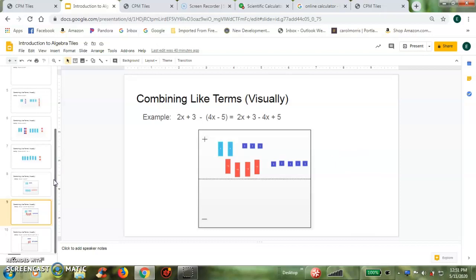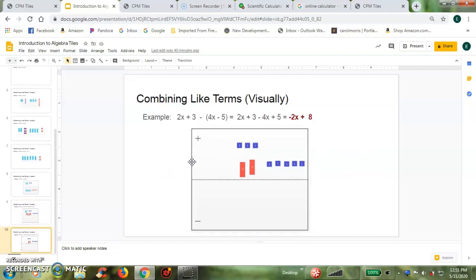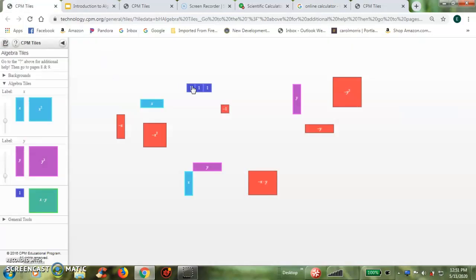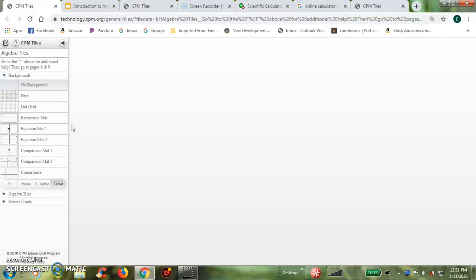We'll talk more about this later. I'm just hoping that you can see how the algebra tiles work. You can see here that 2x plus 3 minus 4x minus 5 is equal to negative 2x plus 8. So there's your introduction to algebra tiles. We'll be using these more. I will say right here, you can clear the tiles out if you need to, if you're trying to start over. We'll be looking at a variety of backgrounds. We'll be looking at an equation map to do some